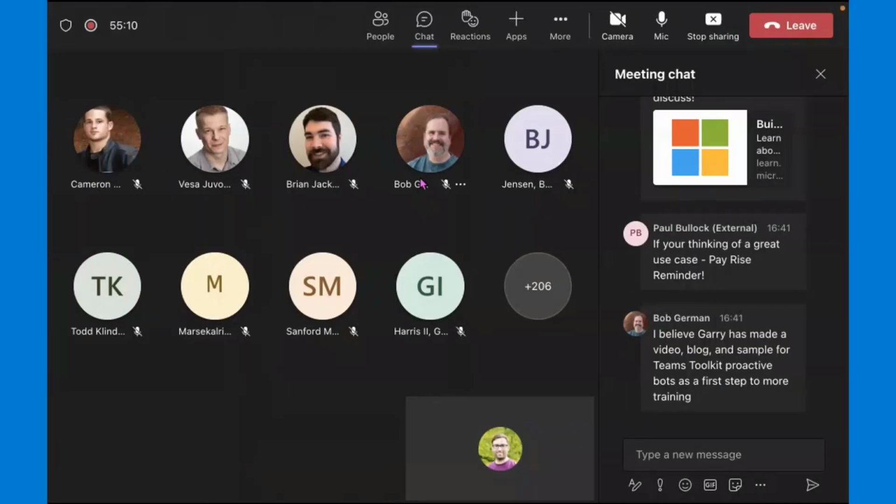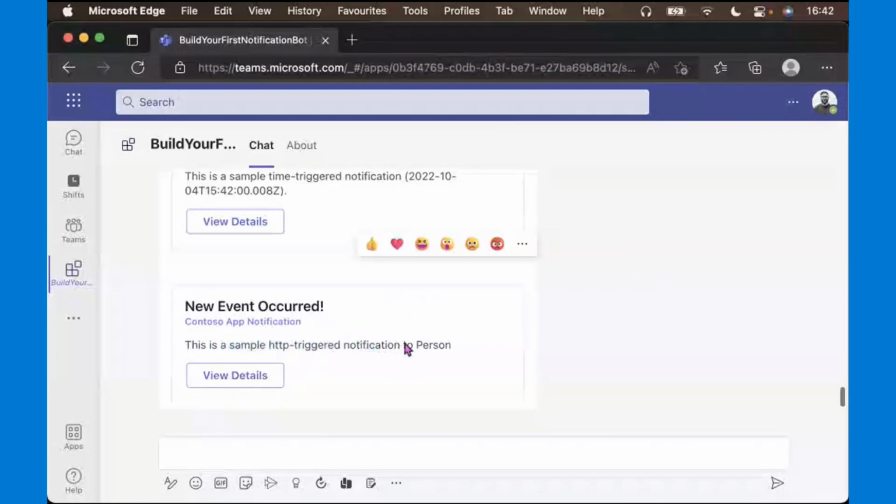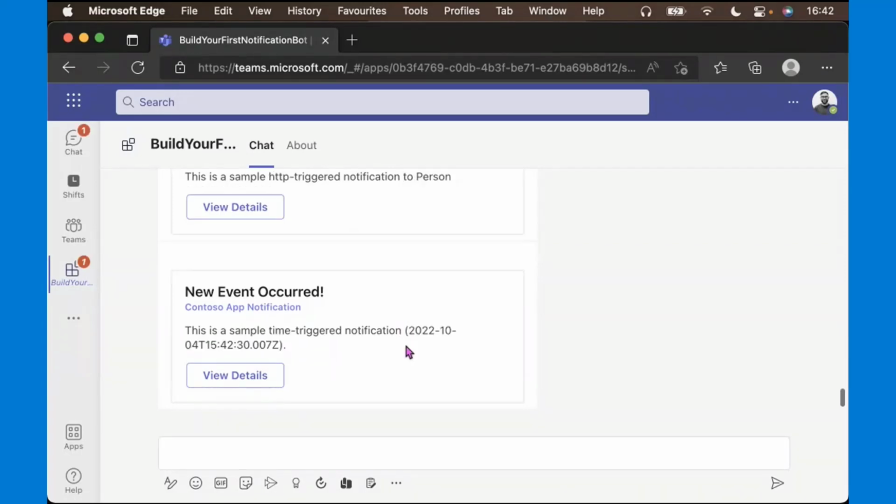And if I go back to my app that is running, we can see that that message has appeared in Teams in our chat. So by simply creating the project and running it, Teams Toolkit has handled everything we need to get started, and provided us with two ways to send messages into Teams.